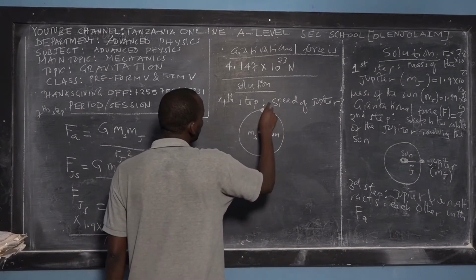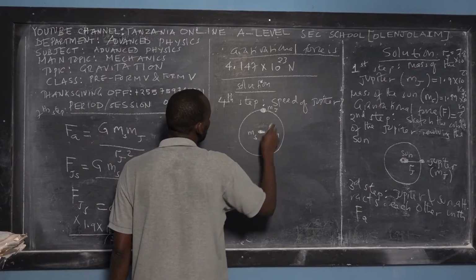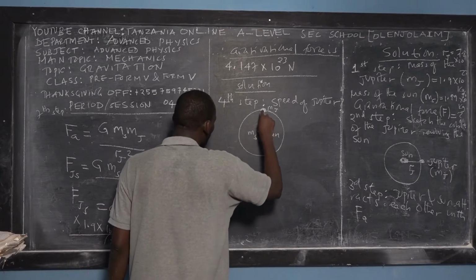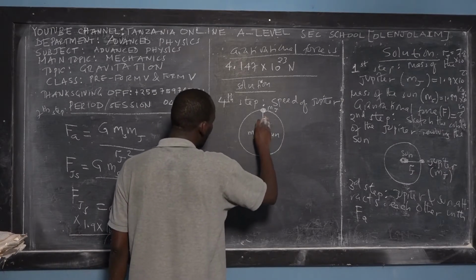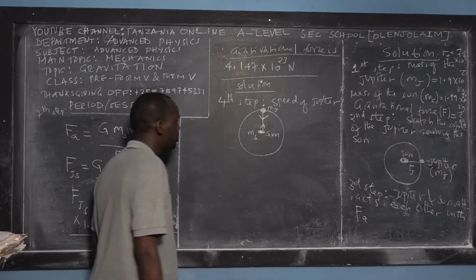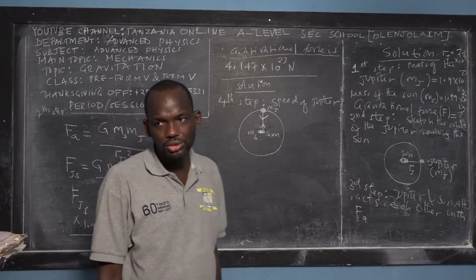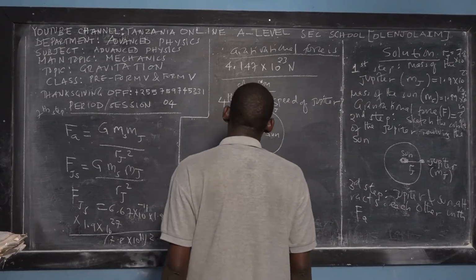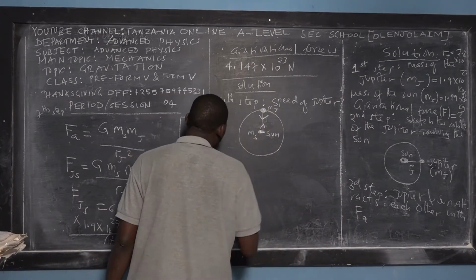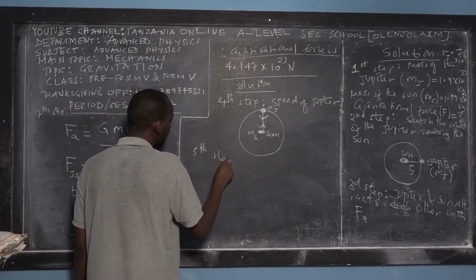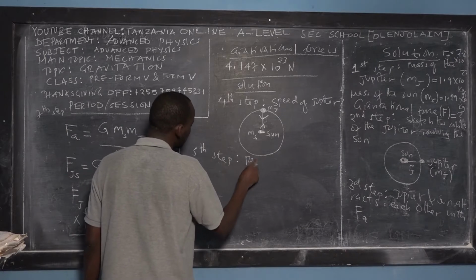This is the mass of Jupiter, and here we have the force of attraction, but also we have another force that I used to teach in the previous lecture, which we call centripetal force and centrifugal force. Basically, for our case, we're interested in the centripetal force. So the first step, we say that we call